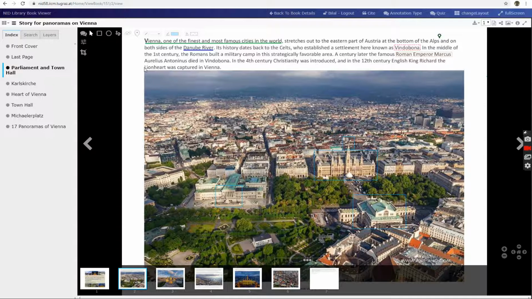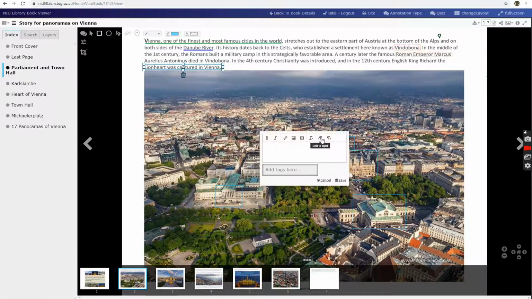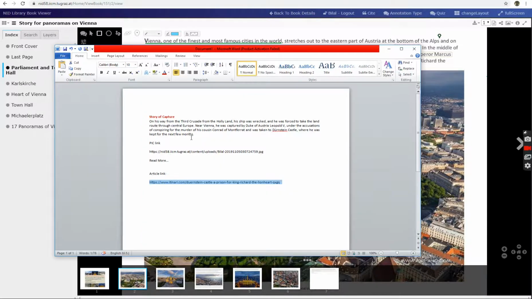So we deleted that annotation and we start by creating a box based annotation with the default blue color. Okay, now we have this edit annotation panel open. What I do normally,